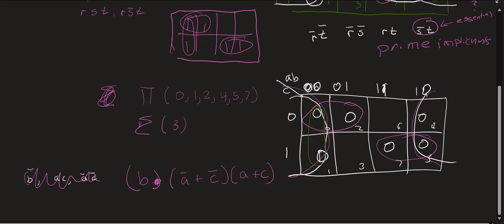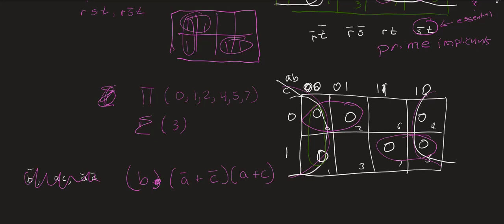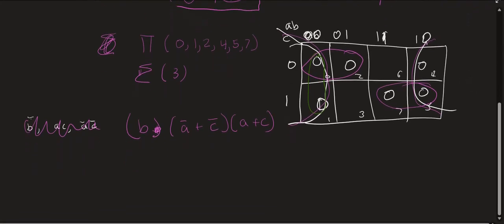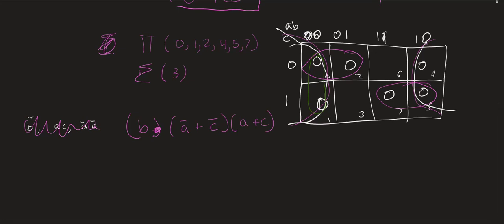Wouldn't (A bar plus C bar) times (A plus C) kind of cancel out? Yes. Now, why would that be? Because this is the minimum. Well, they don't completely cancel out, but this is the minimum